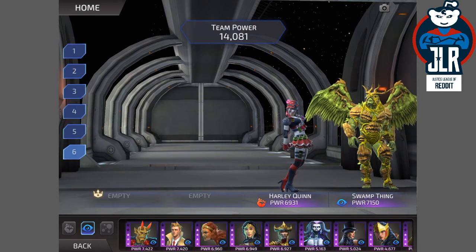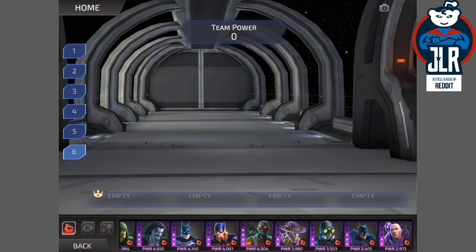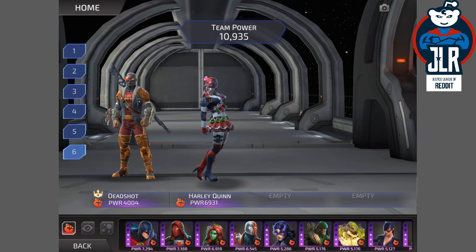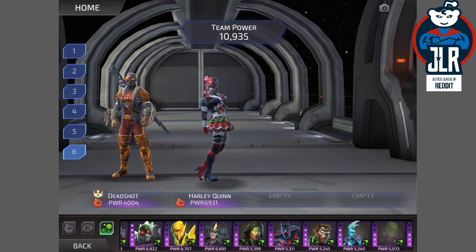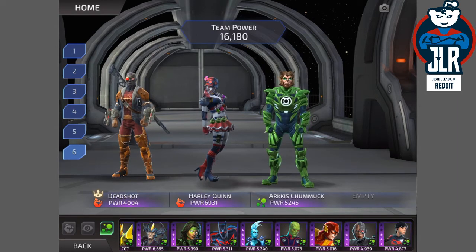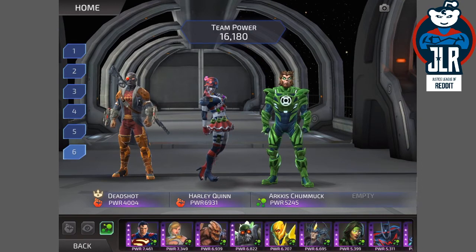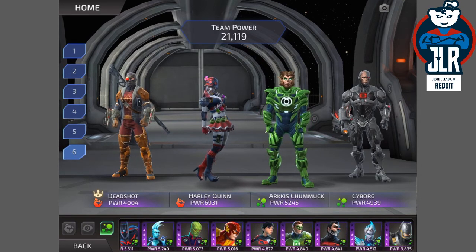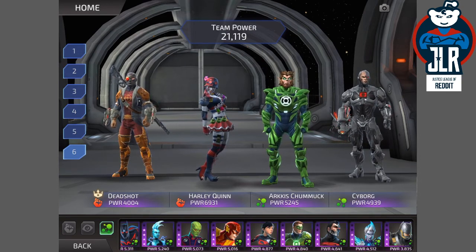Or you may go to something like this, where you are guaranteed to get a crit on turn 1. Harley Quinn Majesta will protect your team, and then you will use your Arcus Chin, and where is Cyborg? And this team needs the first turn to, let's say,